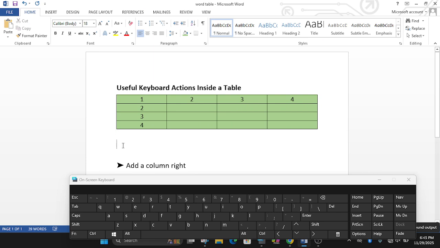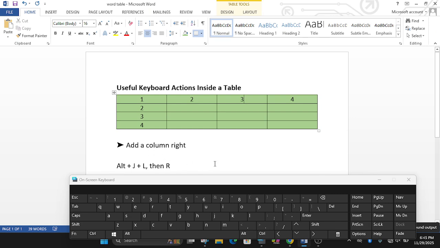Don't forget to place your cursor or insertion point. You always have to place your insertion point. First selection, then action. Add a column right. How can we add a column right?